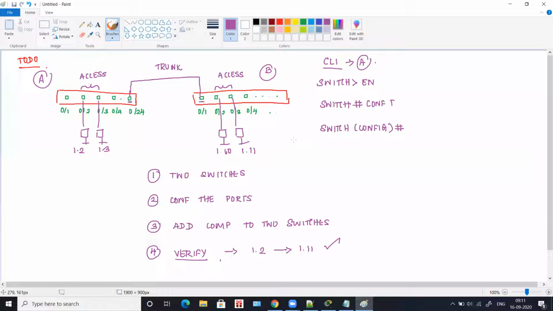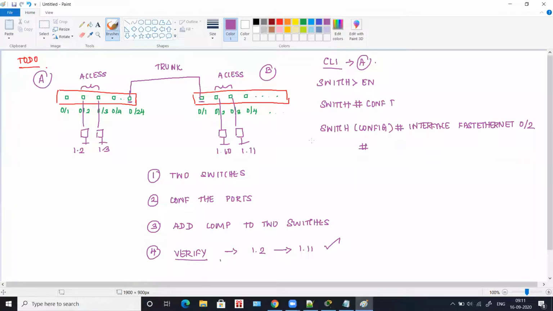So what you will do is first choose the interface, and then fast Ethernet, interface fast Ethernet 0/2. We are going to choose 0/2. And then in the next line, you're going to assign the access port.